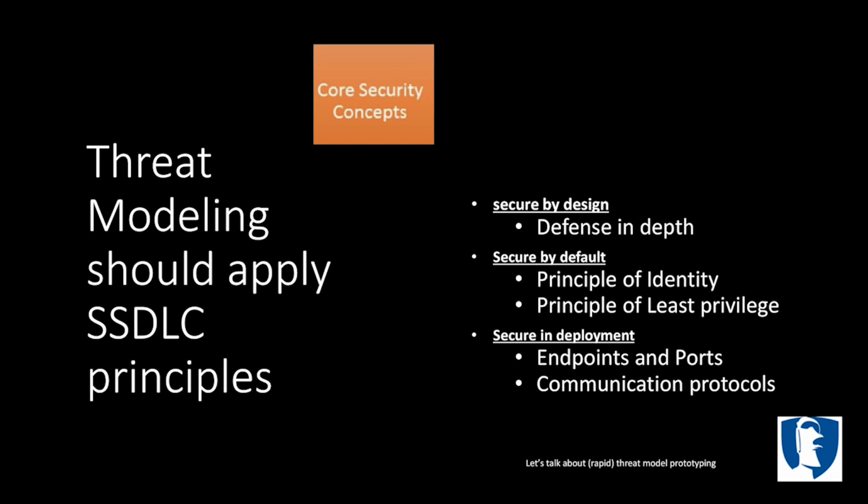And then finally, the last 2 parts in the principle of deployment is, what are the endpoints that the system communicates across? And what are the protocols? Protocols is very important because most of the issues you'll find are mistakes in protocol, misconfigurations, which allow people to come in and break that least privilege bit, execute on least privilege, and become what they shouldn't be inside the system. Threat modeling should also describe everything in this.